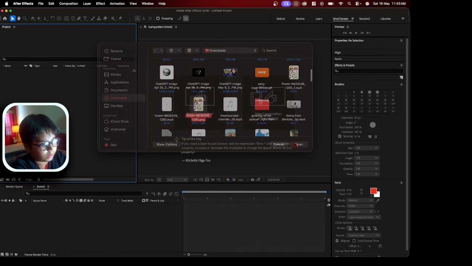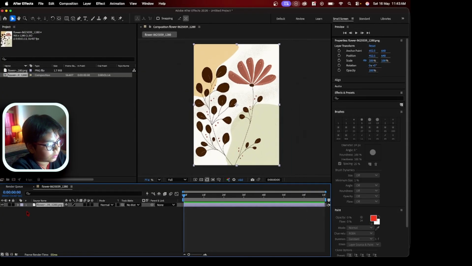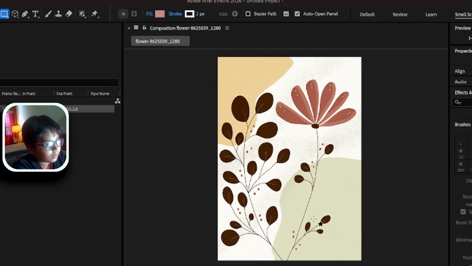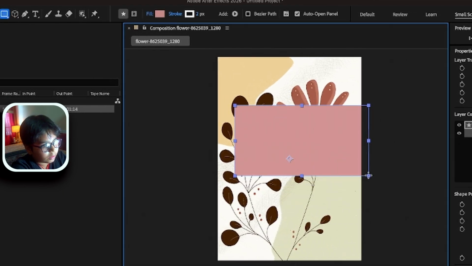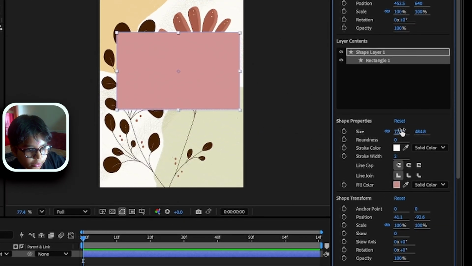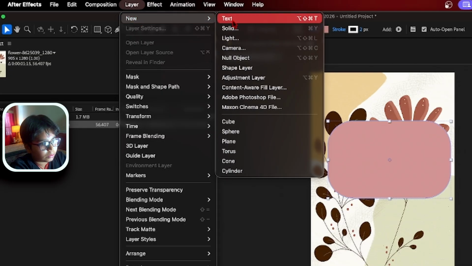This is the background. I will upload it, zoom in a little and then make a rectangle on it. Use this. Now select the selection tool, go in roundness and increase the roundness, and now go to layer, new,